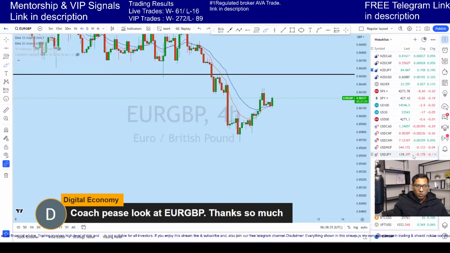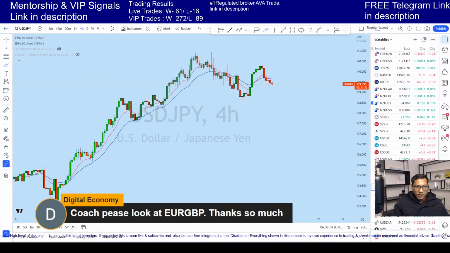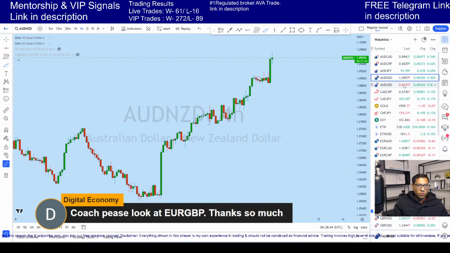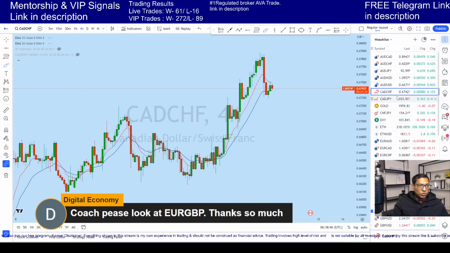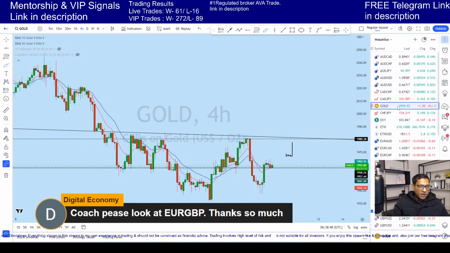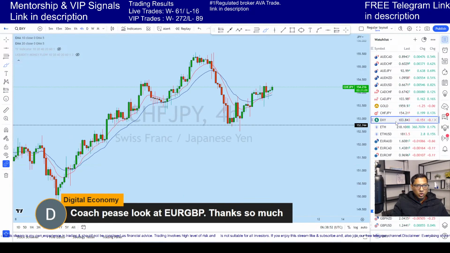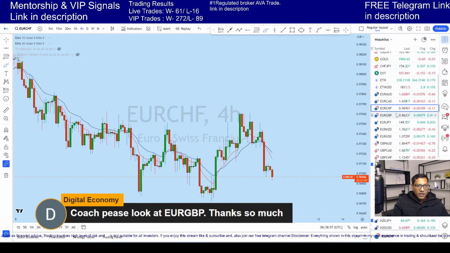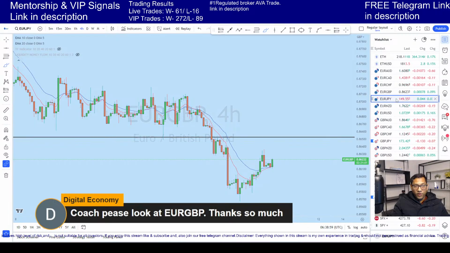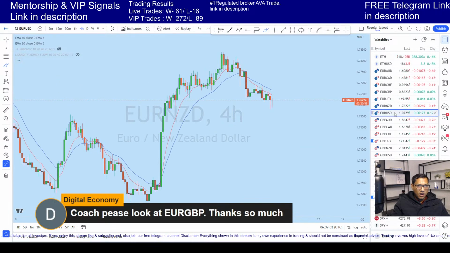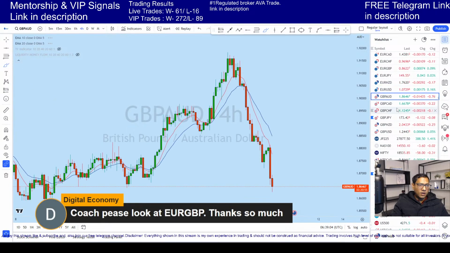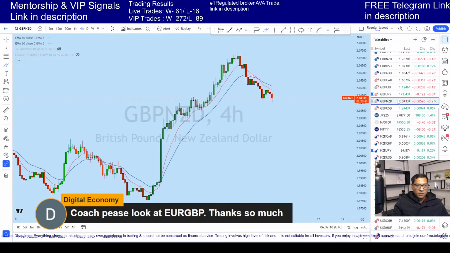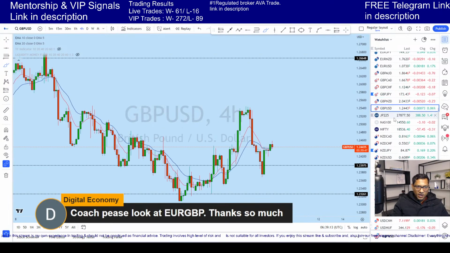Let me recap all of them to see. This is what I look at normally. I quickly skim through all the pairs to see which one looks like a better setup, and then I shortlist them for further analysis. So primarily I look at all of them, then I do a shortlist, and then I do further analysis. This is how I skim through all the pairs on the market to see which one might be shortlisted for further analysis.